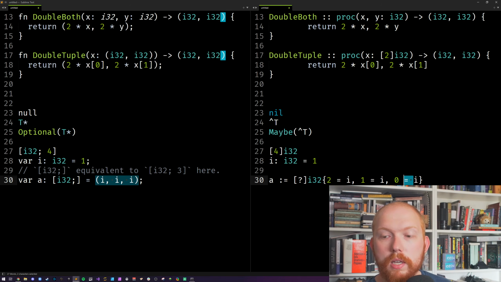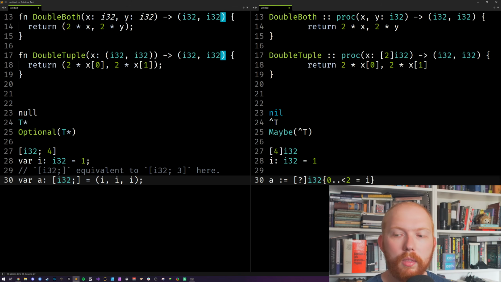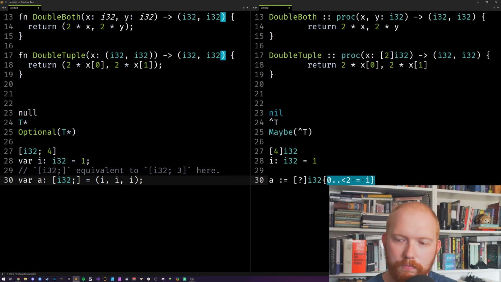Or if you really, really wanted, you could say 2 equals I. You just do a big range between 0 and 2, there's I, and then you're set. So you can do ranges, which I don't think is even possible with their syntax as it stands, because it's very tuple based. But because you can do this in Odin, because it's unified in that syntax case, you can do some lovely things, which was only available in, say, GNU C, which is where I got the idea from, and it's also one of my favorite little things in the language.